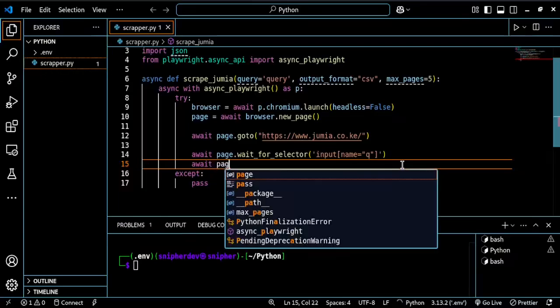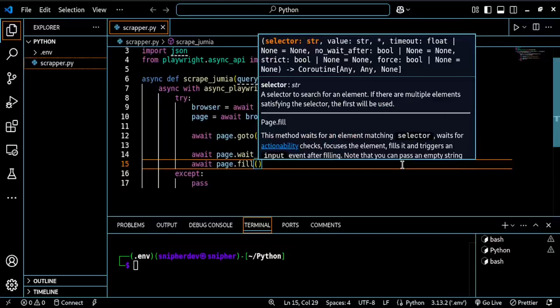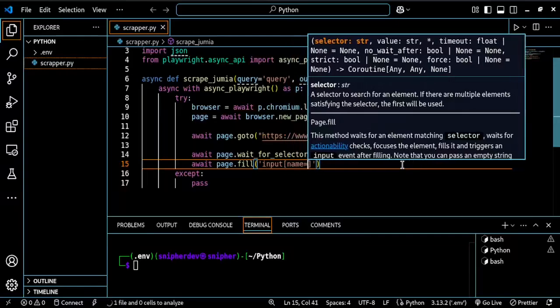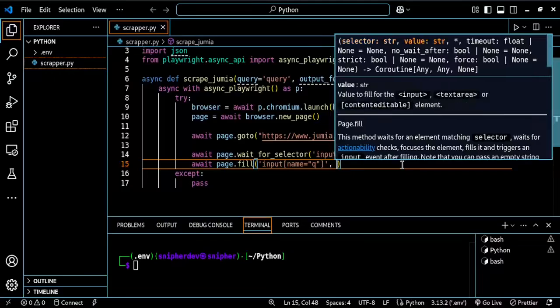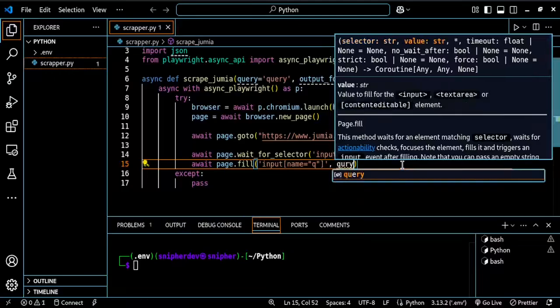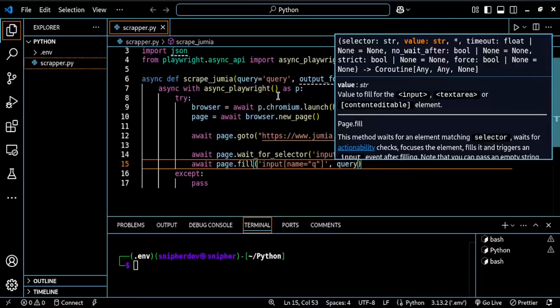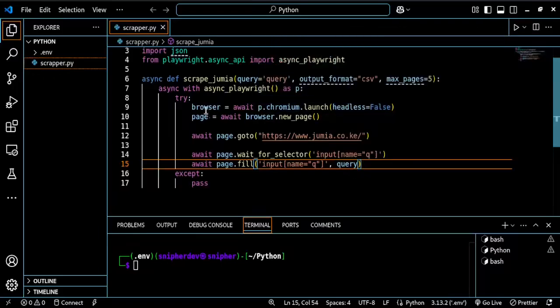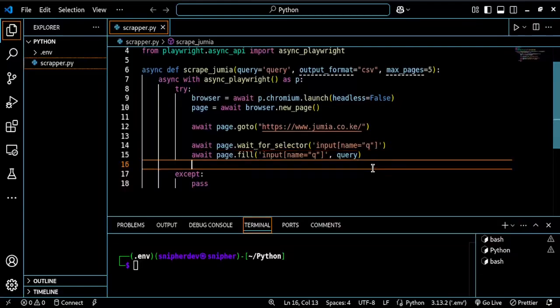So we say await page.fill, and then we want to pass in the query to this input. We'll say input with name equals to q, and then we pass in the query. The query, as I said earlier, will be the name of the product that we are going to search. So basically what we have done so far is launch the browser, go to the search bar, and pass in the name of the product that we are going to search. It will be populated on the search bar, and then now we need to simulate the enter automatically